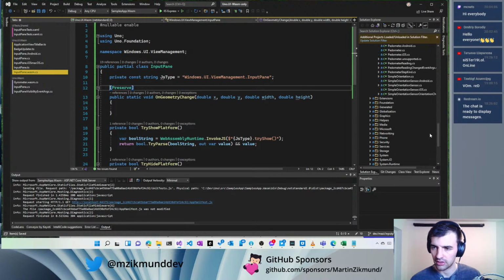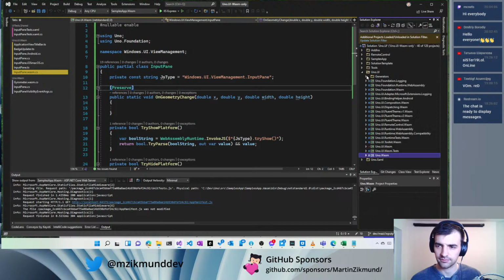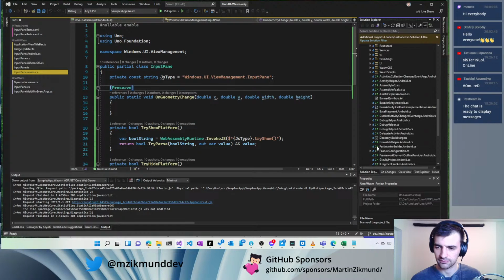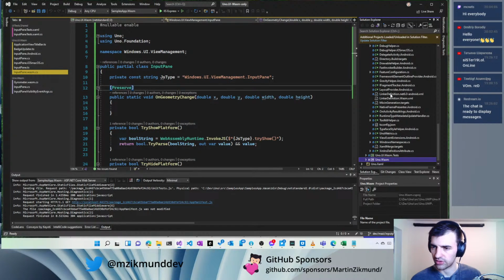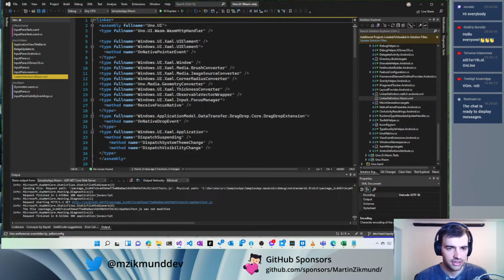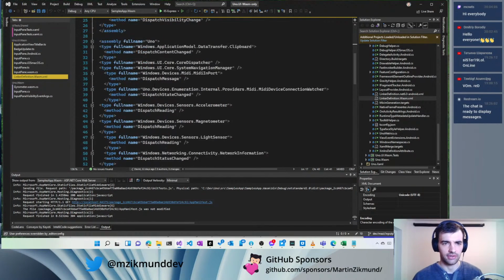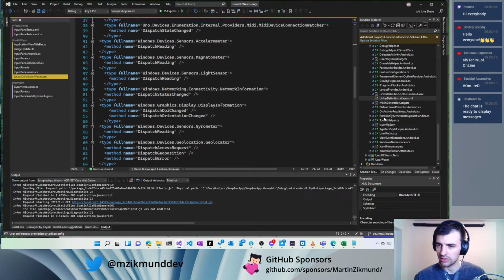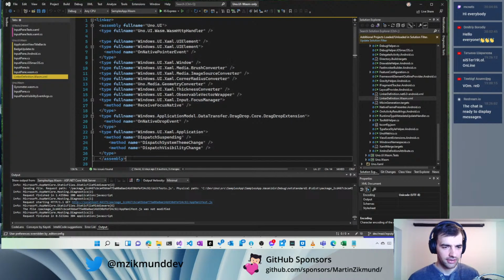So in linker configuration, where is it? Yeah, here, linker definition. We will need to add it here. Or actually, why is it? Yeah, okay, here. Uno, and this is UI input pane. So it's in Uno UI WebAssembly. So here, and we will add,